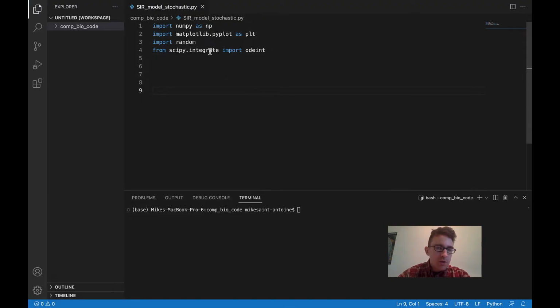So we're going to start by importing some of our usual libraries. We're going to import numpy as np, import matplotlib.pyplot so that we can plot our results, import random, and import odeint from scipy.integrate. That's just so we can also plot the deterministic results to compare to our stochastic results later. I'm going to be rushing through this a bit because I'm assuming that if you're watching this, you've already seen my basic video on the